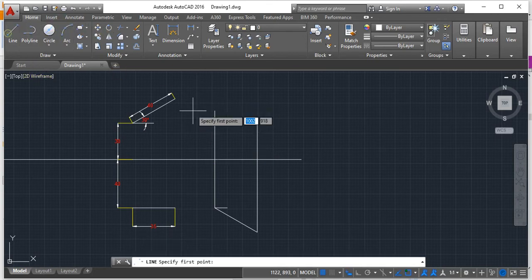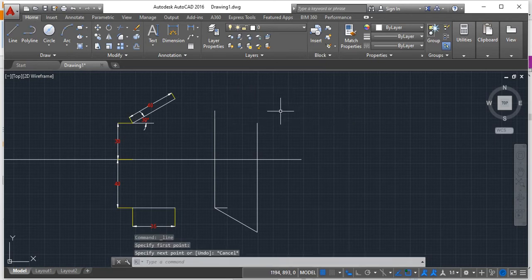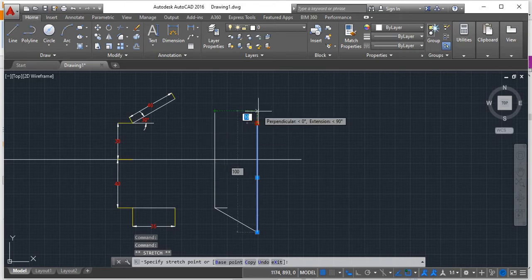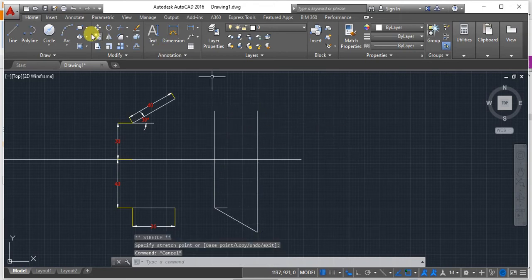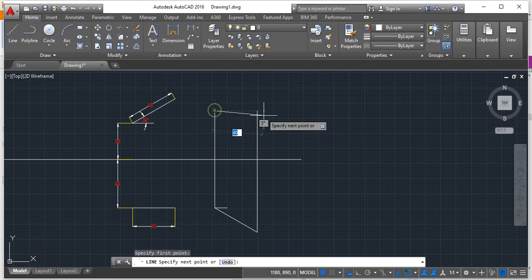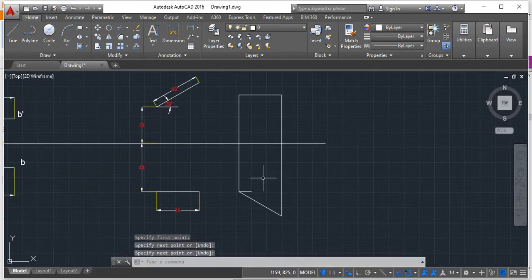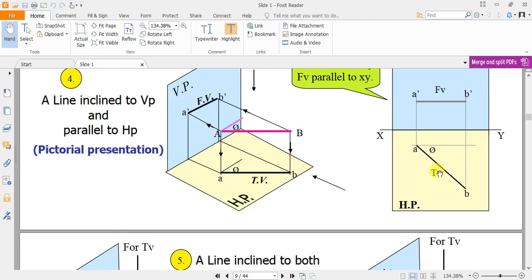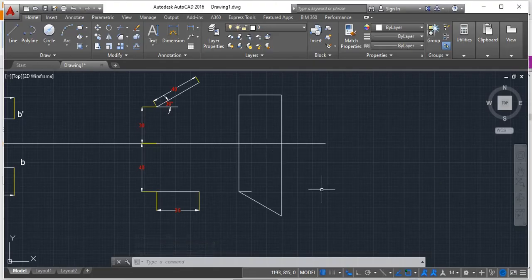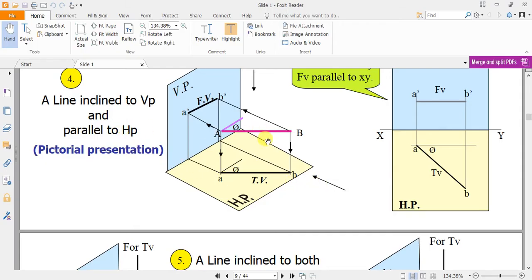Draw a line joining both. I'll just extend this line. So this is how a top view and the front view would look if the line is inclined to VP and parallel to HP.